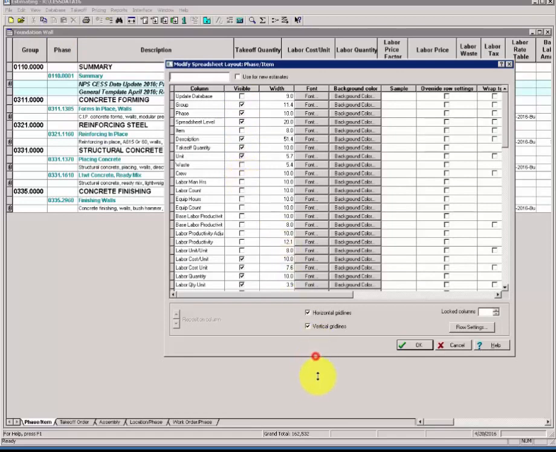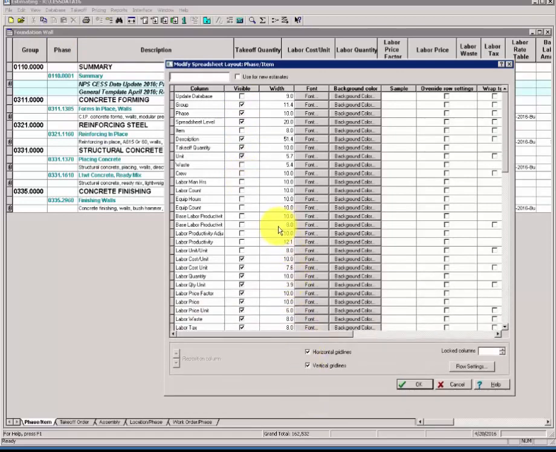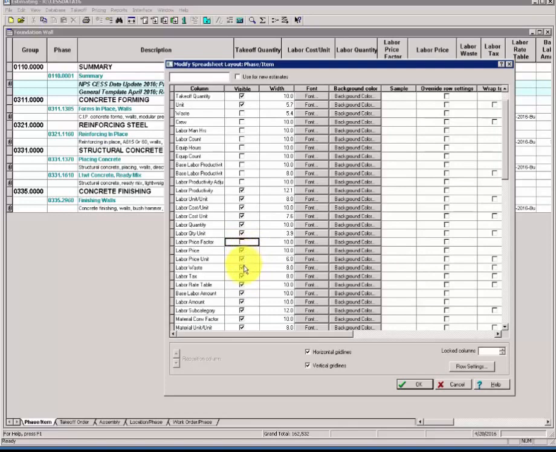We'll want to find the labor columns that we're interested in. We'll start with labor productivities and the unit, the cost per unit, the quantity. We don't need price factor. We don't need waste. We don't need tax. Click to check and uncheck columns. We're looking for